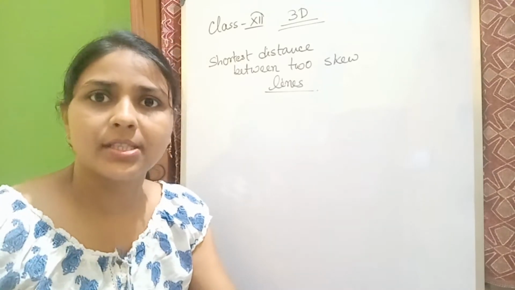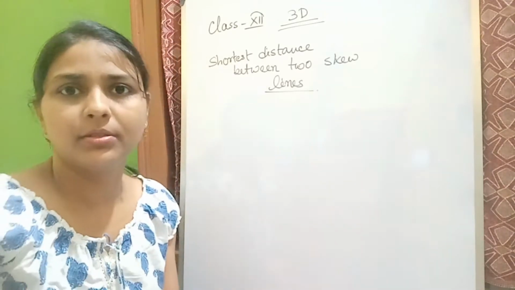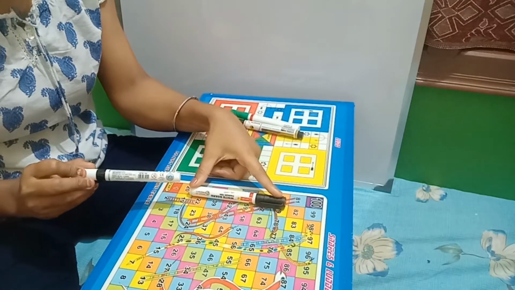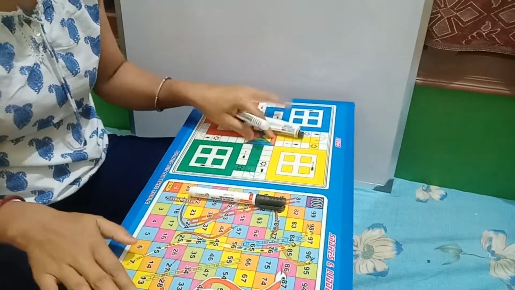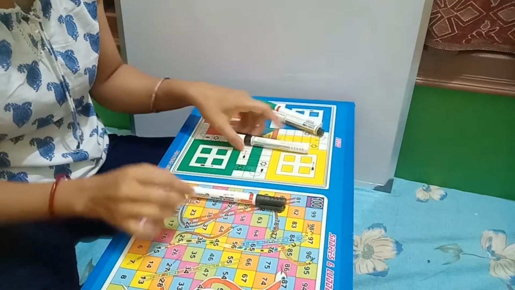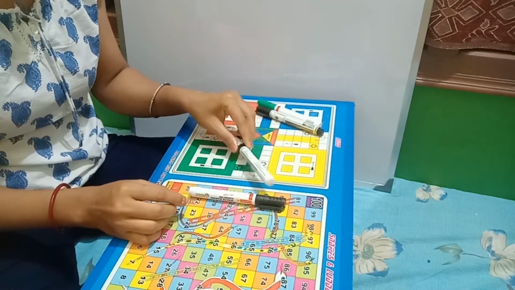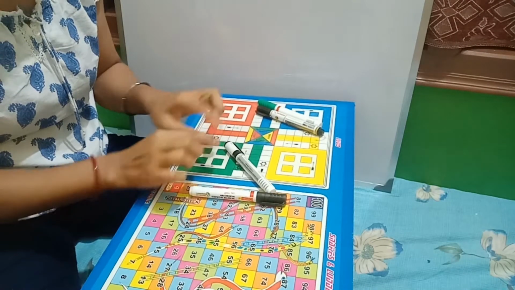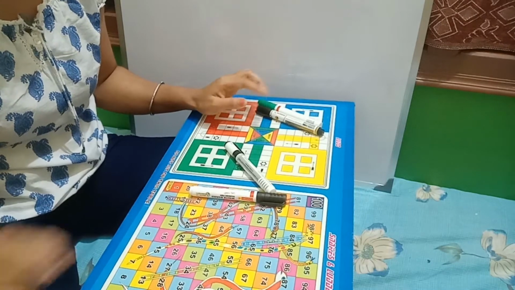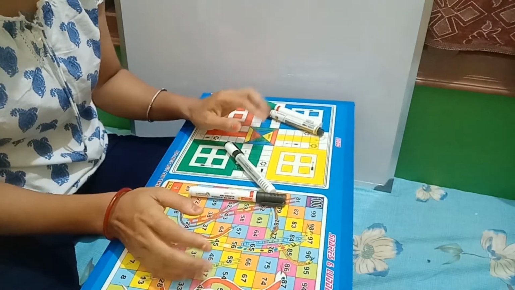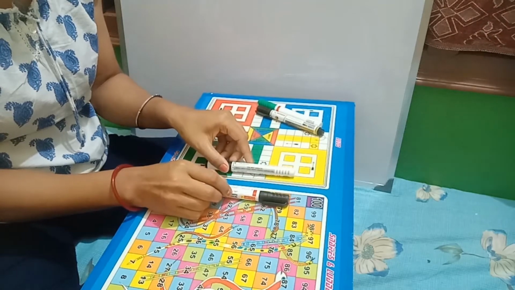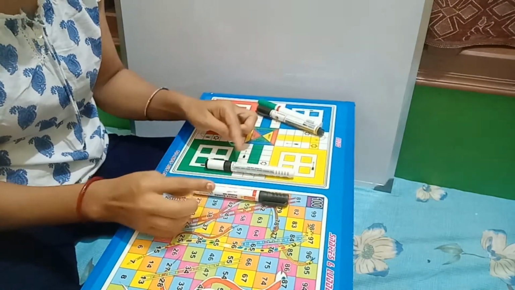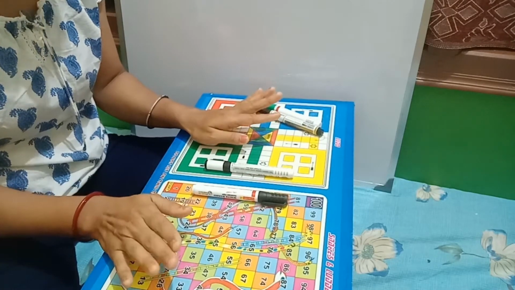For that reason, you need to look at my table. Suppose this is one line. Now, this is a plane. My table is a plane. So, I can place a line like this. These two lines are obviously not parallel, they are intersecting lines. Or I can place these two lines like this, then these two lines are parallel lines, right?